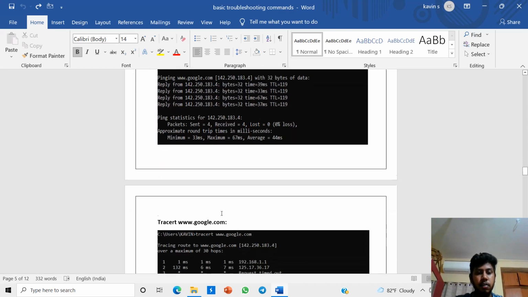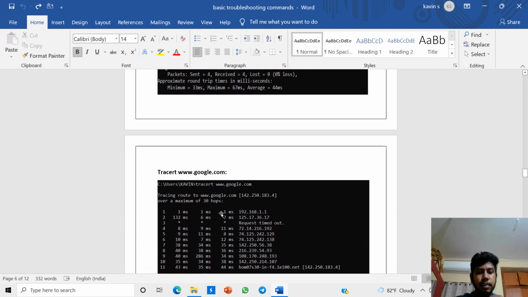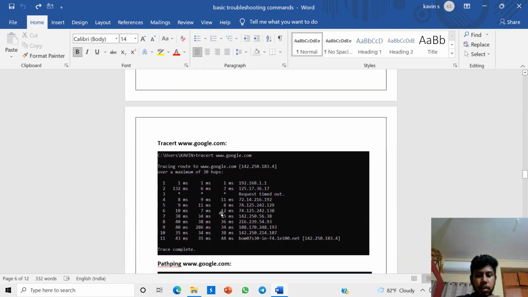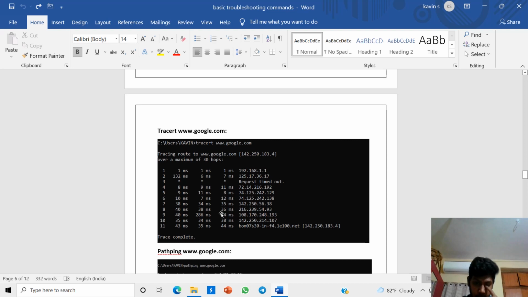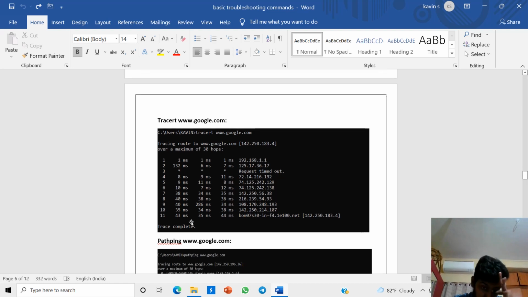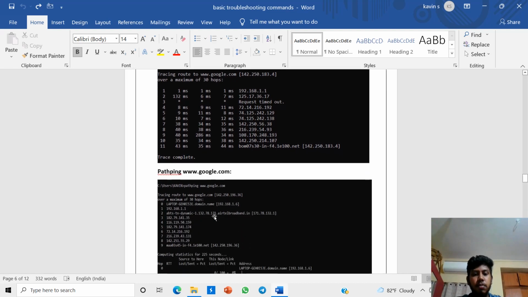After that, we will see tracert. The tracert command, traceroute in Linux, is one of the key diagnostic tools for TCP/IP. It displays a list of all the routers that a packet must go through to get from the computer where tracert is run to any other computer on the internet. For the path being www.google.com.